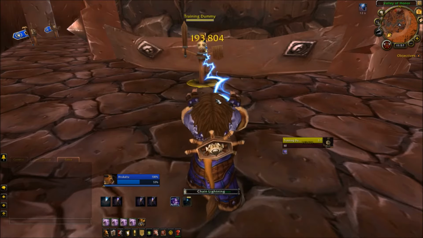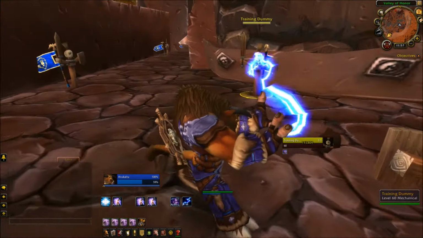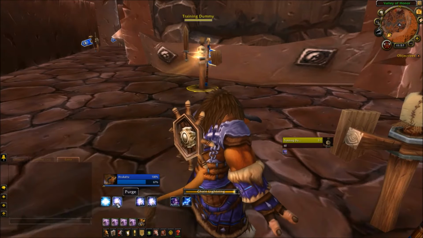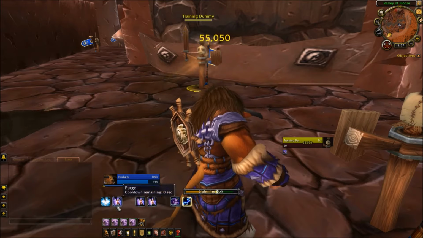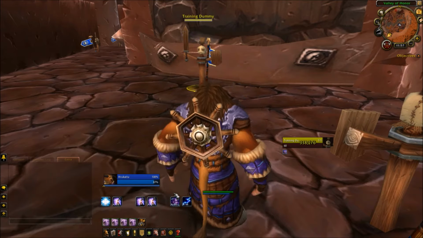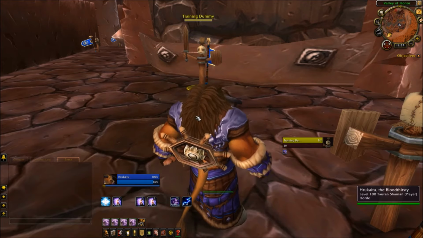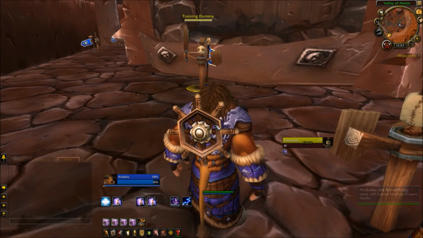So yeah, these modifier macros are good for a couple reasons. First, if you like setting up your keybinds, or if I was going to set up all my spells right now, I wouldn't have to set up keybindings for everything. I could just modify them all. And so that's good because first you can save on interface space, and more importantly, say you're really good with the A key or the S key